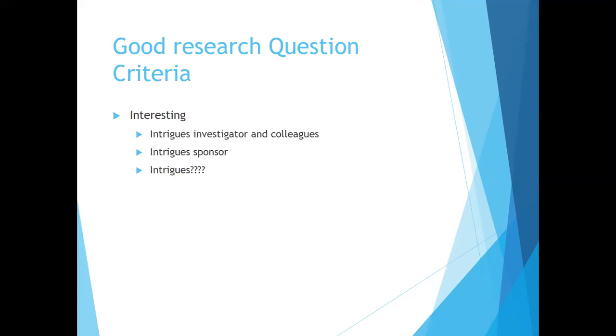Now, added to that is whether it's interesting or not. Interesting within the realm of clinical research is really, do the investigators, colleagues, sponsors and even patients actually have an interest in the area? We want to have this in such a way that people are actually trying to find information and be able to leverage that information in patient care. So when we look at this from the standpoint of human subjects, we want people who are interested to make sure everything is done in the appropriate way, but also that they have an interest in finding the outcome for the betterment of whatever that specific treatment may be.